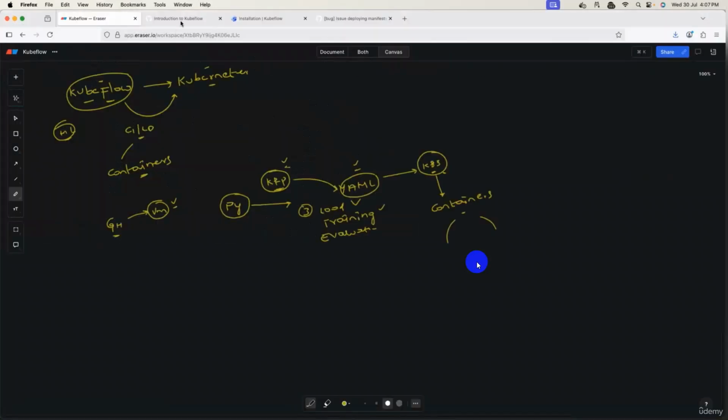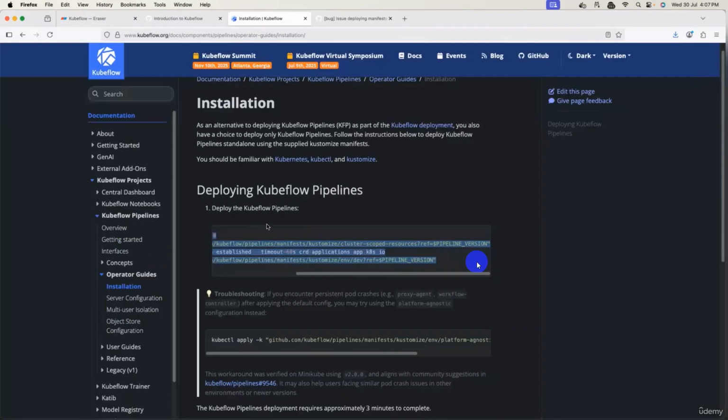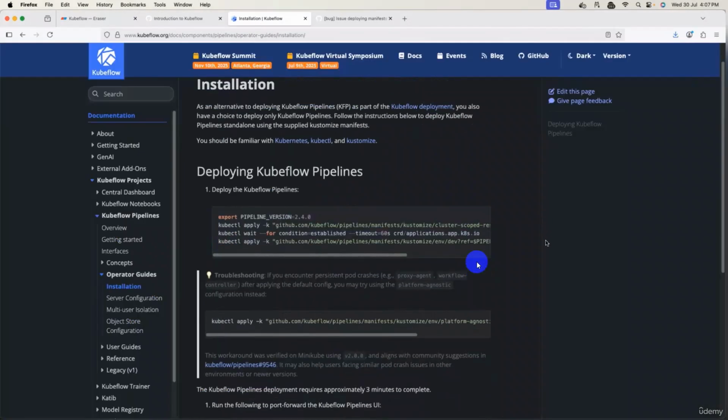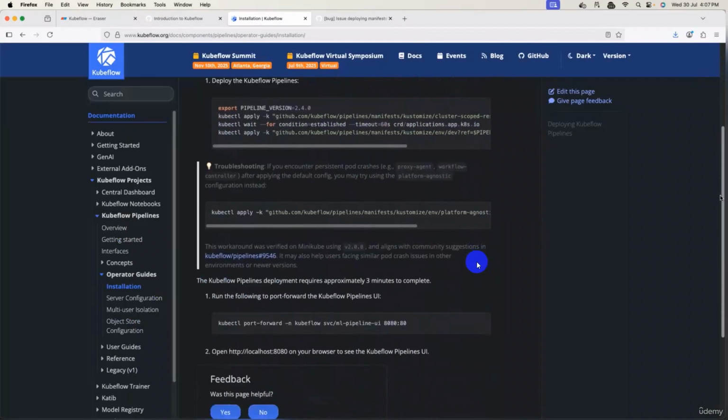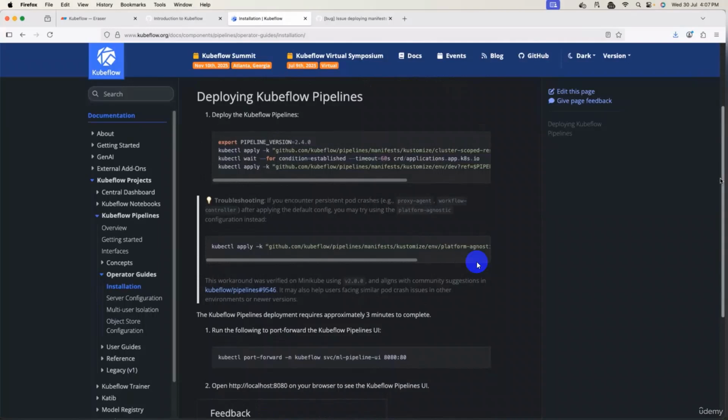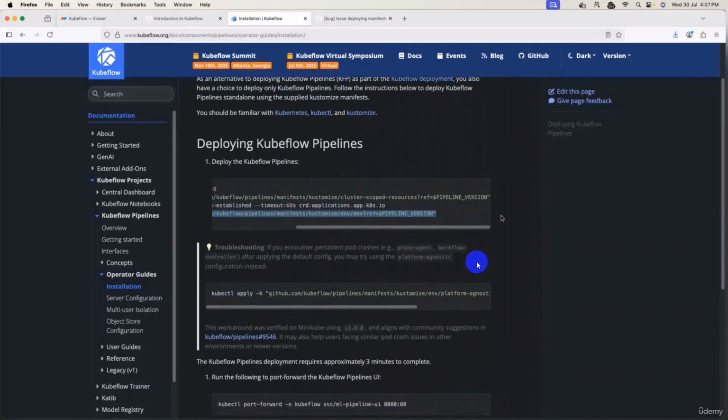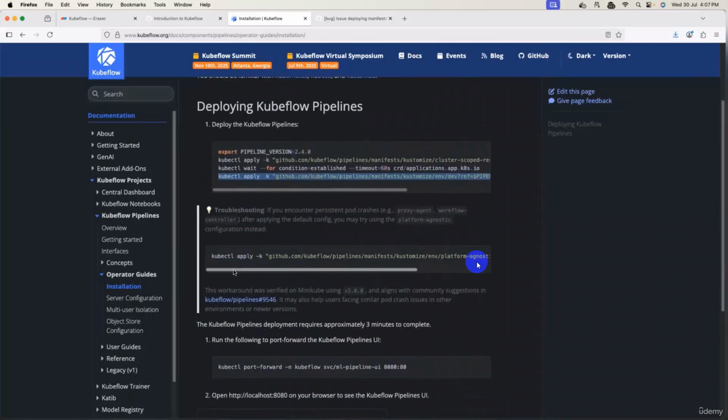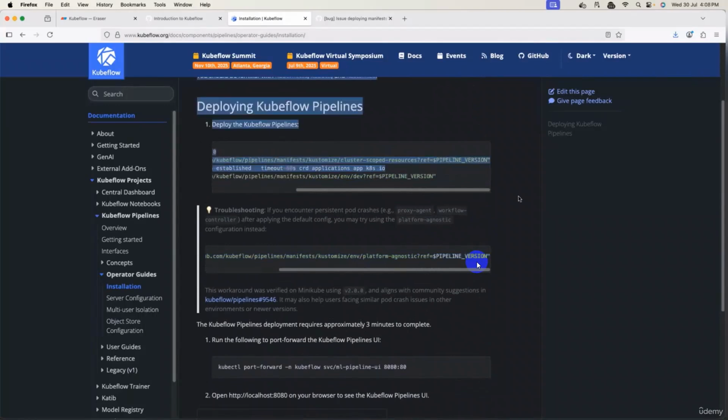And also there is a very important note in the Kubeflow documentation. For some reason, if this does not go well on your laptop, so there are cases that it doesn't work on specific Mac OS or it doesn't work on Windows. So what you need to do is just delete the pods that are created and then just run the platform agnostic kubectl command. So instead of this command, you just need to run this command. The first CRD command will stay intact. Only thing that will change, instead of this one, run this. Personally, I also ran into this issue